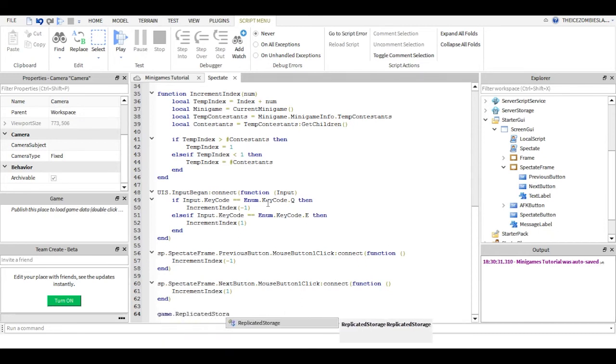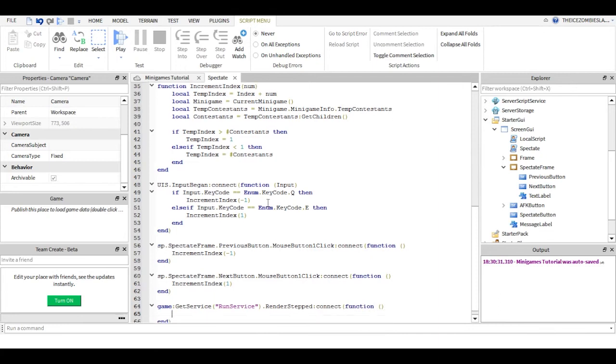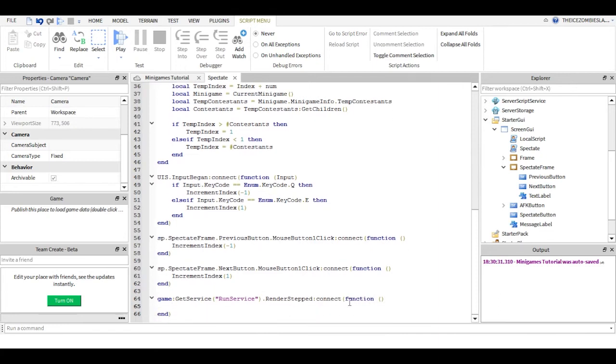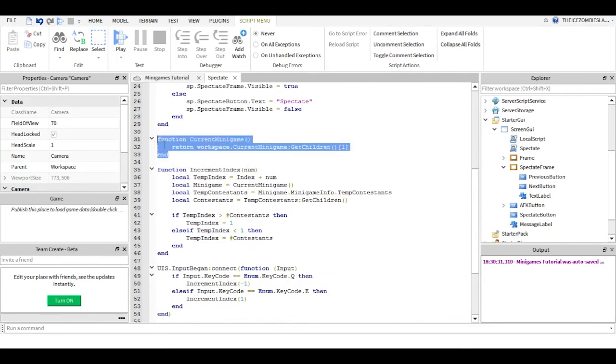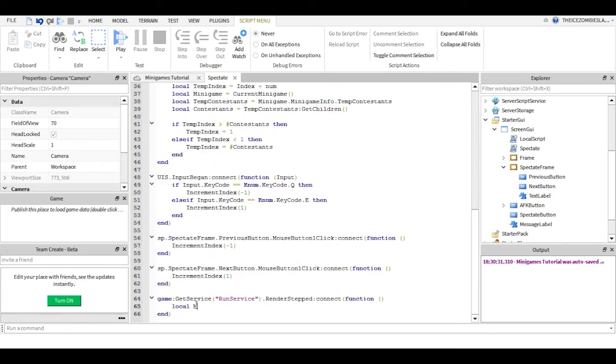Game.replicated, game get service run service dot render stepped connect function. Here I'm going to check for the minigame with the function here. So local minigame equals current minigame. Now check if it exists. If minigame, then